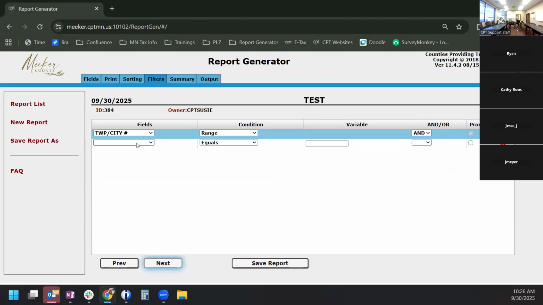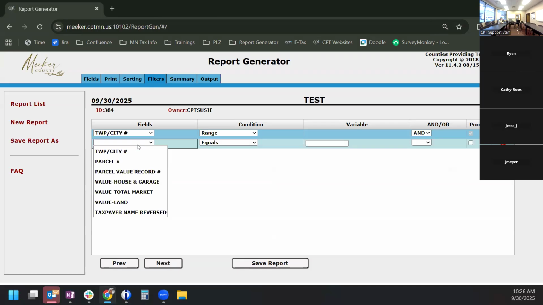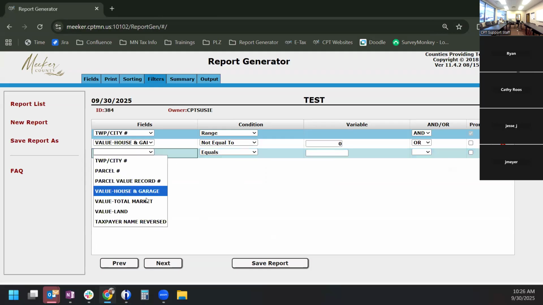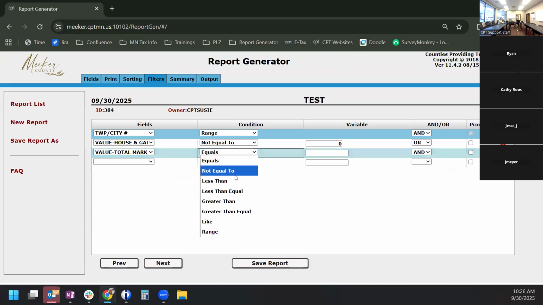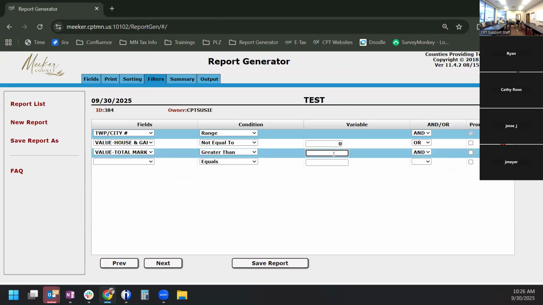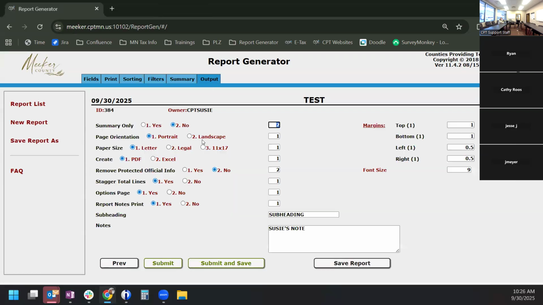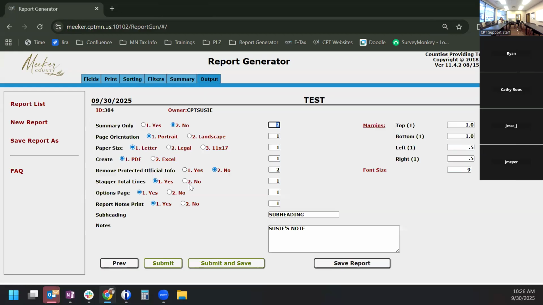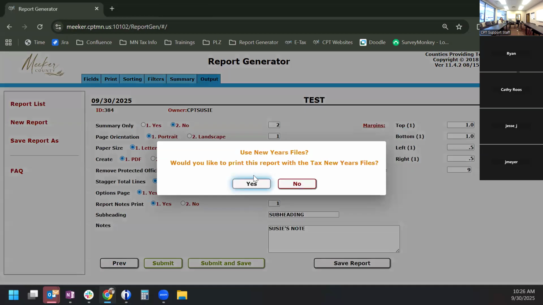So say I want things in my township city range that either have a house and garage that's not equal to 0, or I'm going to click this or and show you how the or works, or have a total market value that's greater than, let's say, $1 million. So if I add those two, and I submit and save,